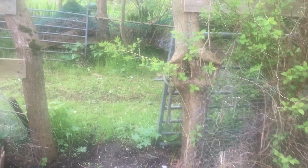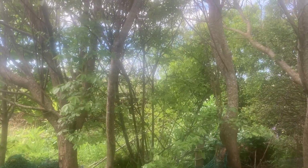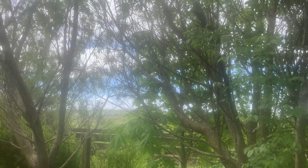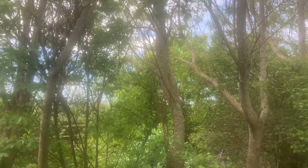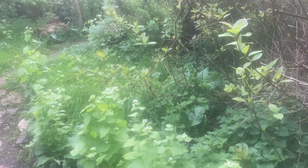The garden then breaks off into another part of the garden. Over here, there's a lot of herbs in that particular area. We'll have a look at that a little bit later. And that is the west side you're looking at now, where we get the majority of the wind. So plenty of salmonberries out, more garlic mustard as you can see,